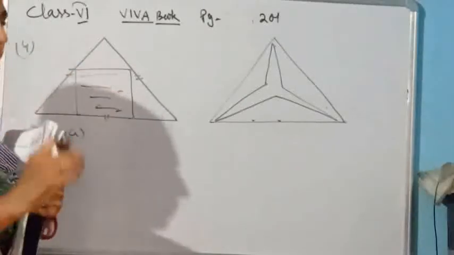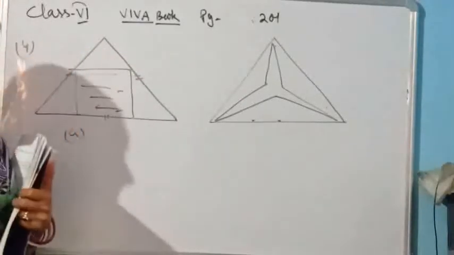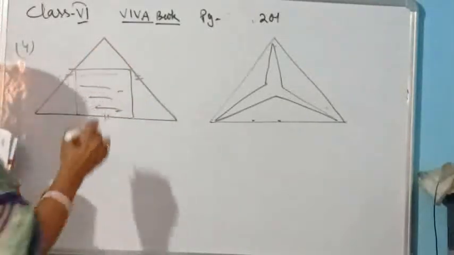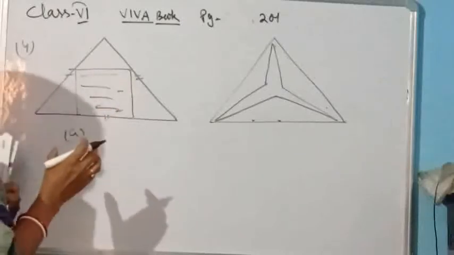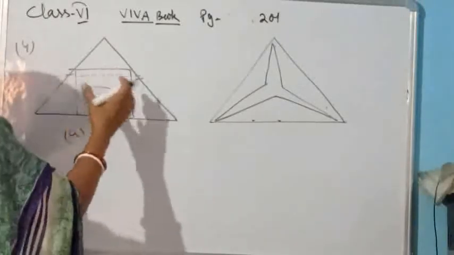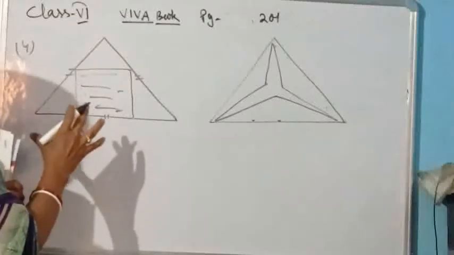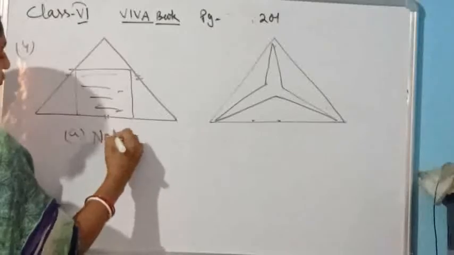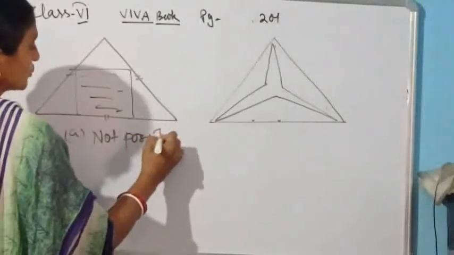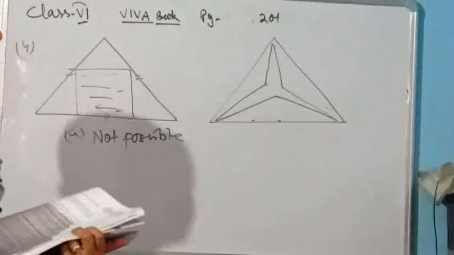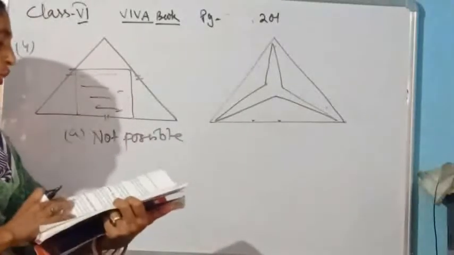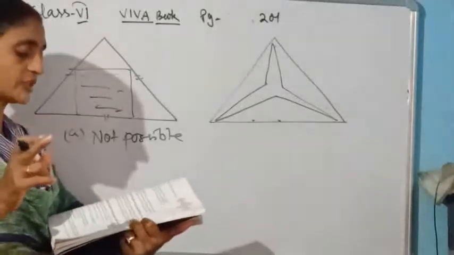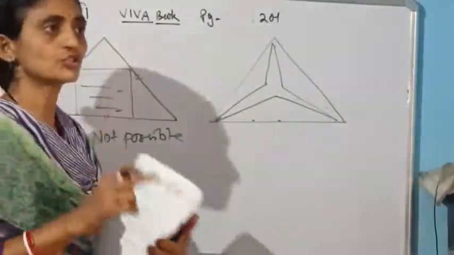So what will happen? Whatever polygon you put inside it, its area would not be greater than the area of this equilateral triangle. In the first situation, for example, I have taken one square. It is impossible to put any polygon inside this equilateral triangle whose area will be greater than this triangle. So in this first situation, it is not possible. Okay, come to the second situation. Here you have been asked to put a certain polygon such that the perimeter of the polygon is greater than that of the equilateral triangle. This situation is possible.